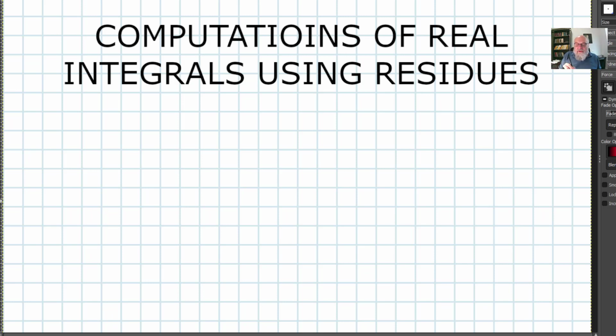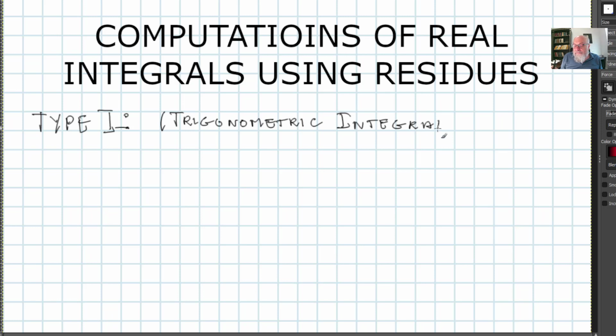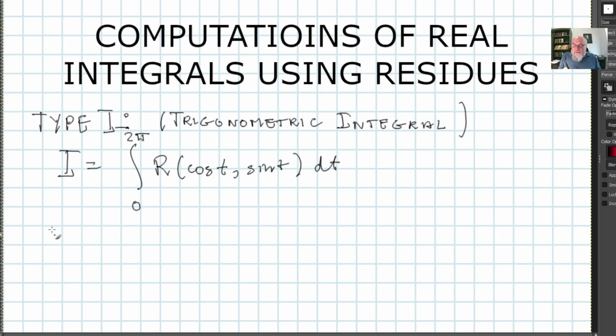So this is the trigonometric integral. Let's start, put it like this, type 1, trigonometric integral. This is the integral that looks like this, from 0 to 2 pi, of a function of two variables. I substitute cosine t for the first variable, sine of t for the second variable, dt. So this is r of cosine t, sine t, dt, where